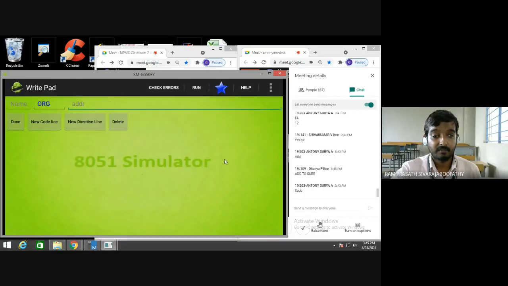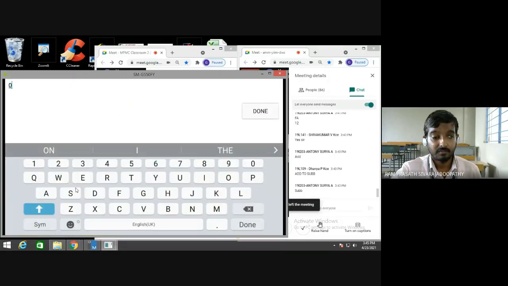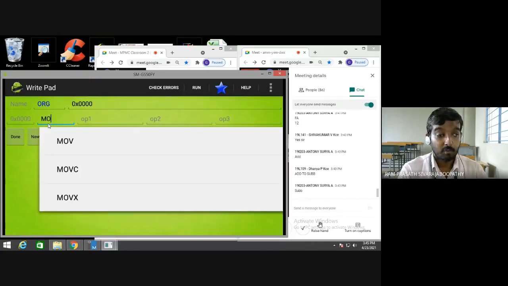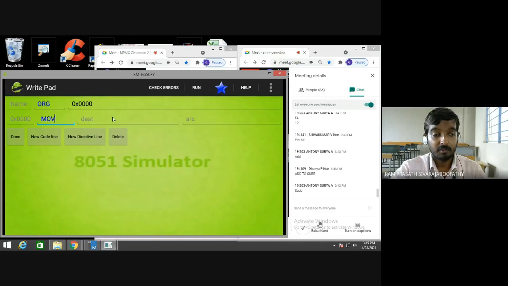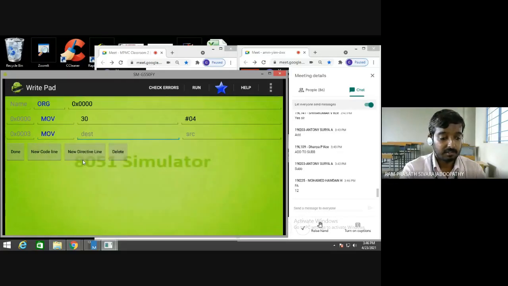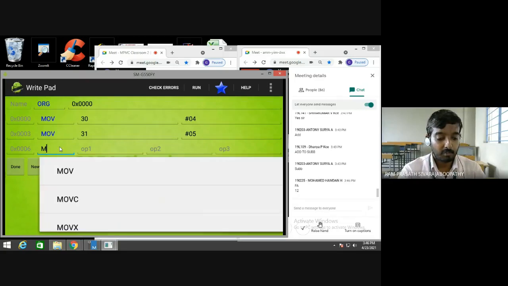org 0x0000. Okay, new code line. Move. Okay, we will go with the multiplication program now. Move 30, comma, I'm using some smaller number, 4. Okay, then new code line. Move 31, comma hash 05, new code line, move